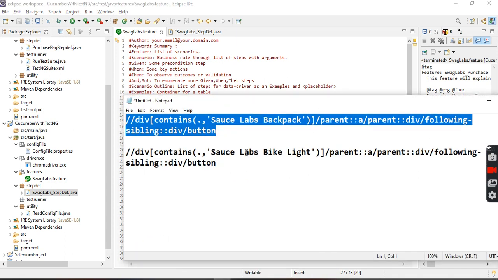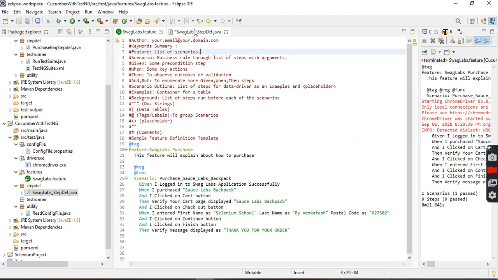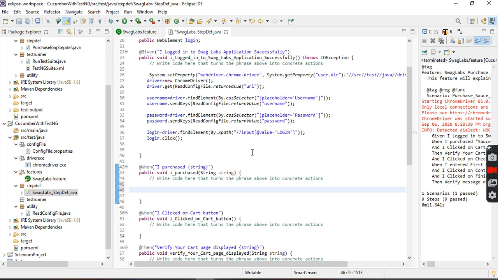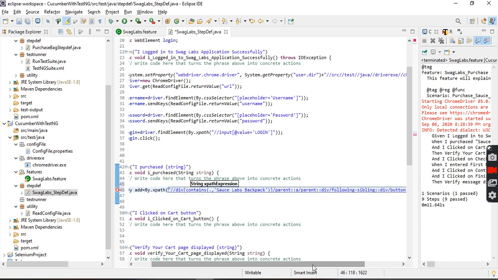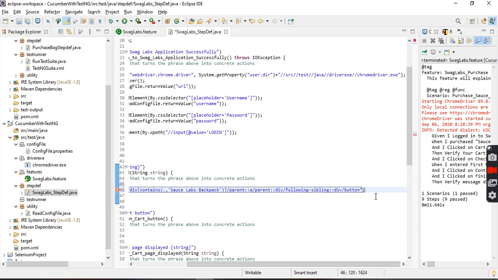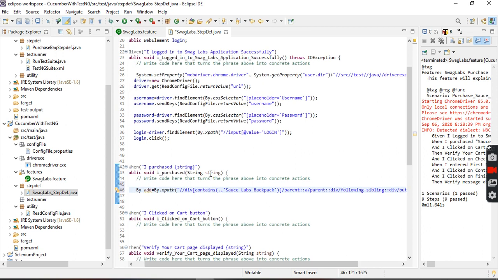That is what I created, this particular XPath. Okay, fine. So By, add to cart, By dot XPath here. Okay, this one. What is this? It's a product.